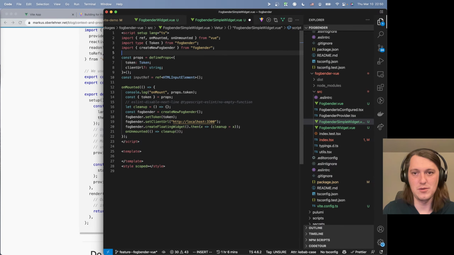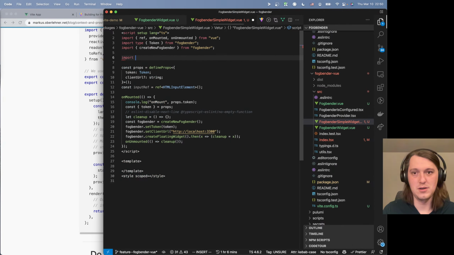Okay, so let's import it first. Import stuff from fogbender simple widget. So it should be no, not simple widget, just widget. So it should be kind of like that. In here, hopefully, it's